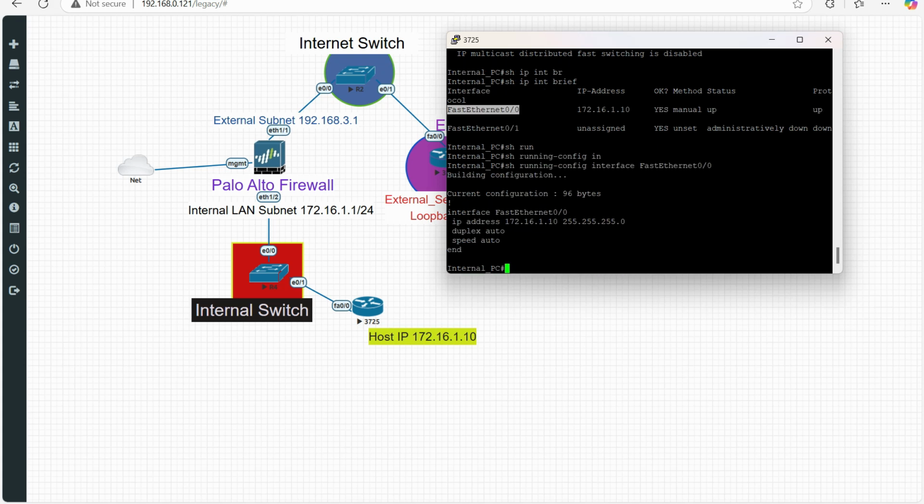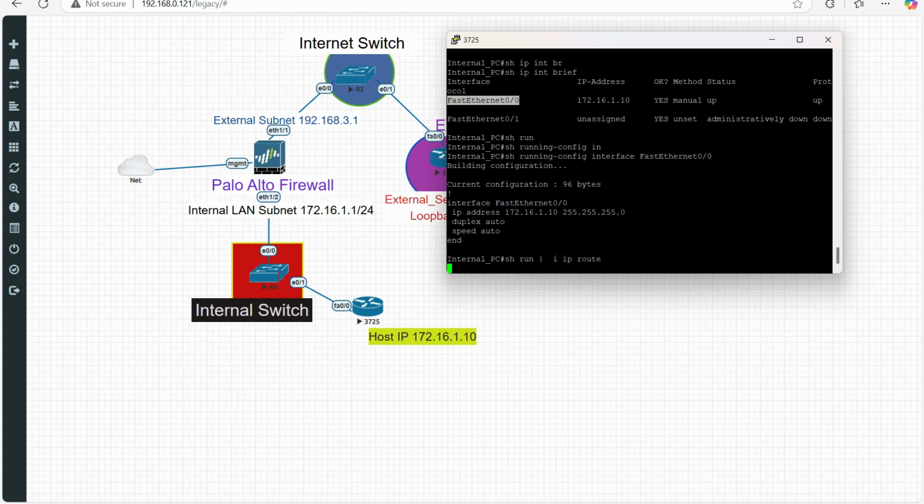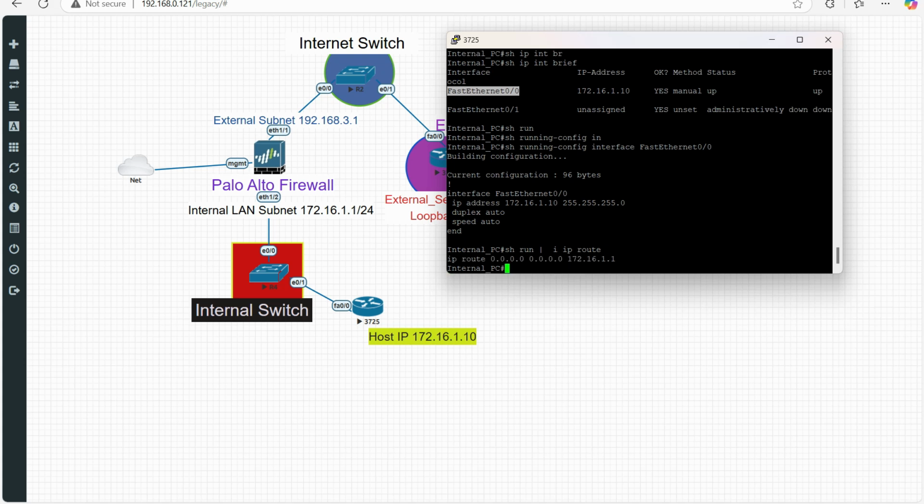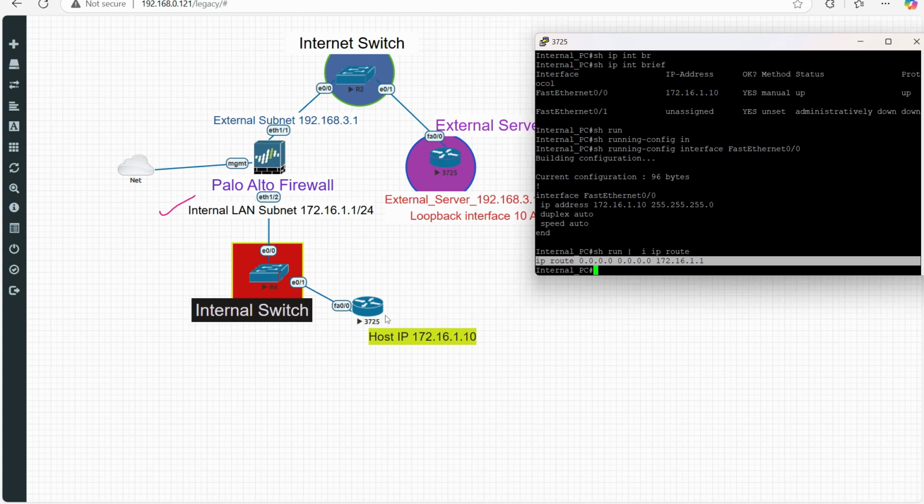So this is the IP address, and I have added one route so that all traffic can be forwarded to the Palo Alto. Using the IP route with a filter to show you the route, I have added one default route towards this firewall LAN interface. So this was related to what we call the internal client or internal PC, and this is our external server. Let's come to the Palo Alto so that I can show you